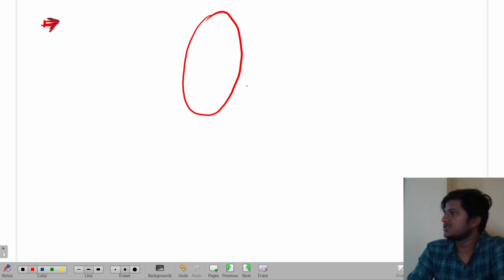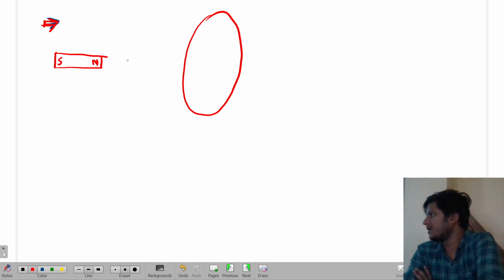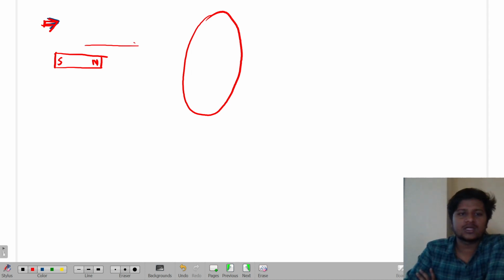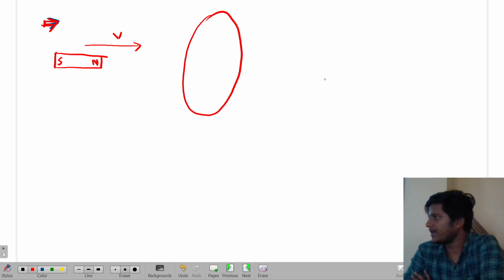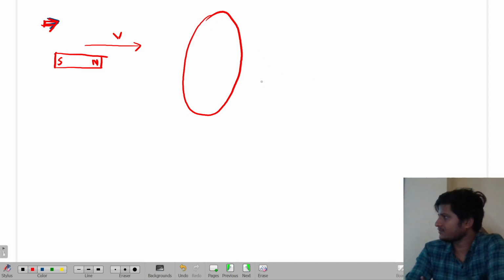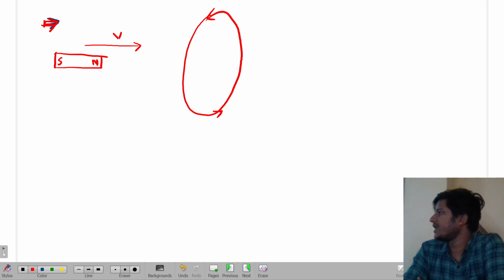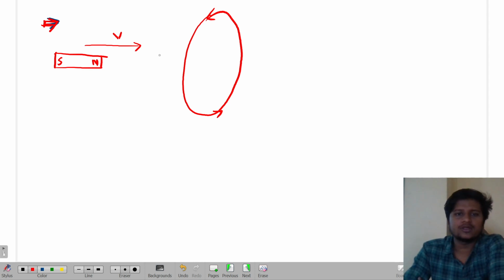Let's suppose you have a circular coil, and there is a bar magnet over here, north pole over here, south pole over here. So if it starts to come towards this side with velocity v, what did Lenz visualize? That in this coil also, what kind of current was getting produced? Actually, anti-clockwise current was getting produced if this magnet starts to come towards this side. So the reason was what? Lenz thought what should be the reason. So actually he told that